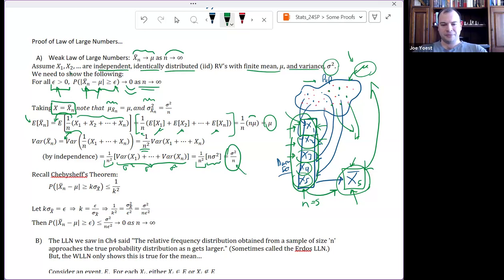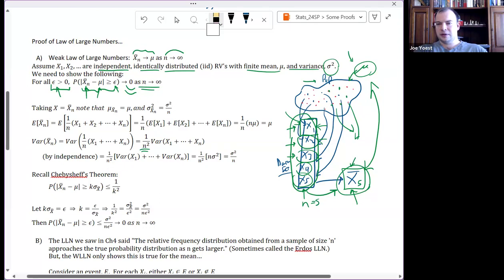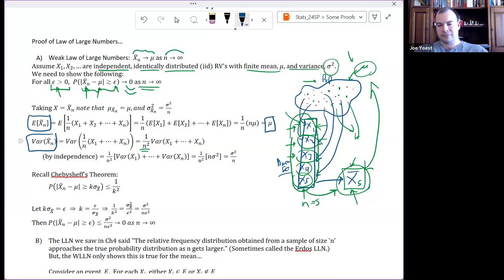Okay. So we have these relationships between the mean and standard deviation. Let me erase my scratch work here. And I'm just going to highlight the important bits. So written in more concise notation, we have this statement, but written out a little more explicitly, we have these statements here in the blue squares.